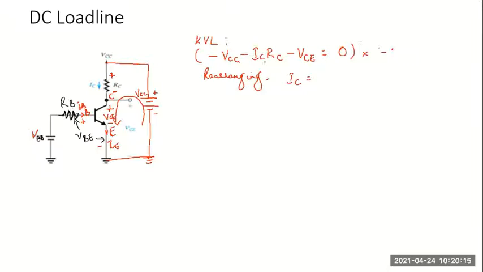So let's keep IC on the left hand side and shift the other things. So I'll get minus VCE by RC, I want IC alone, plus VCC by